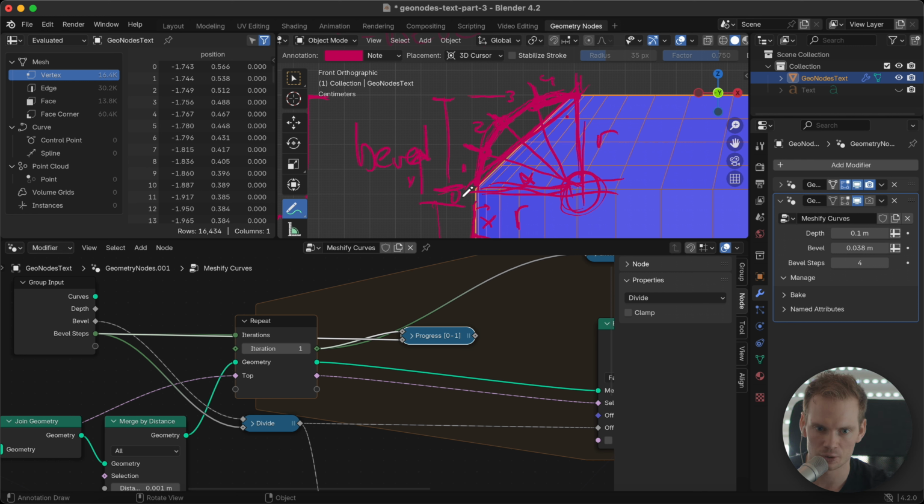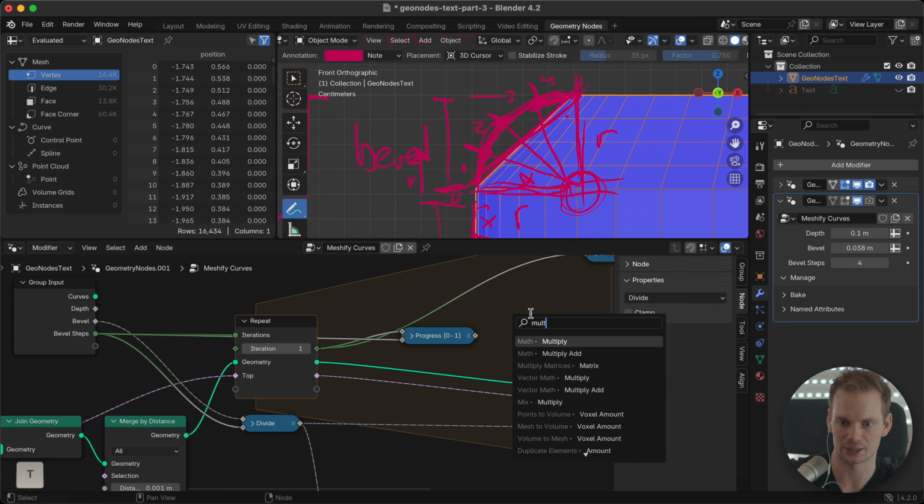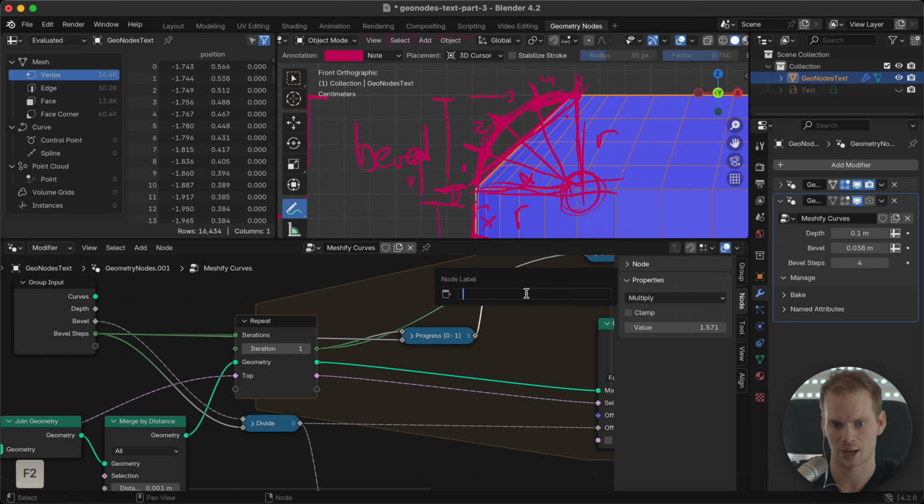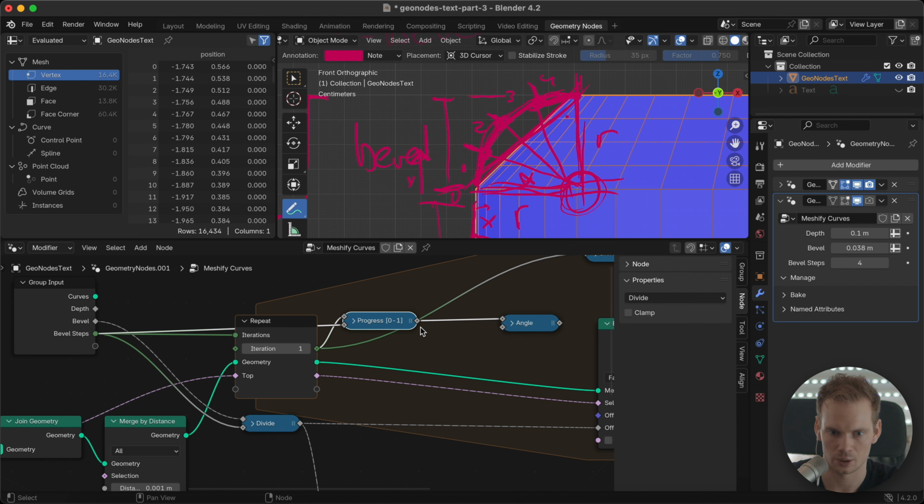What is the angle? The angle goes from 0 to half pi, because a full circle is 2 pi. A quarter of a circle is half pi. And so we can easily multiply this to get the angle. And something cool you can do is you can just type in pi over here. And that gives you pi. We don't want to multiply by pi, we want to multiply by half pi. So we could add another multiply by half, but easier is just to say pi divided by 2. That's half pi, and that gives you just some value. And you can just hide this and say, this is our angle. And that's all we need to know. So now we have the angle.